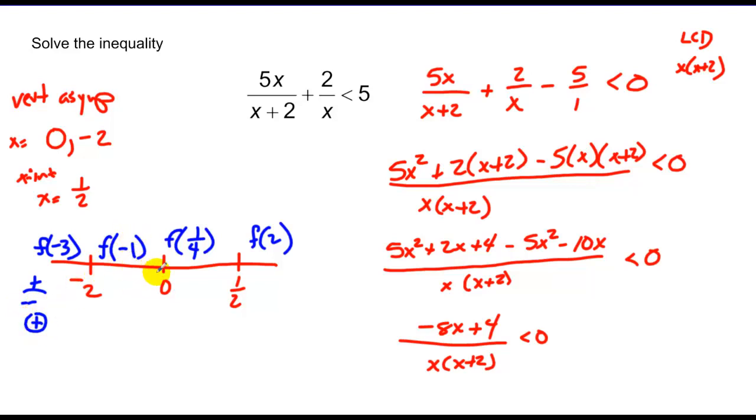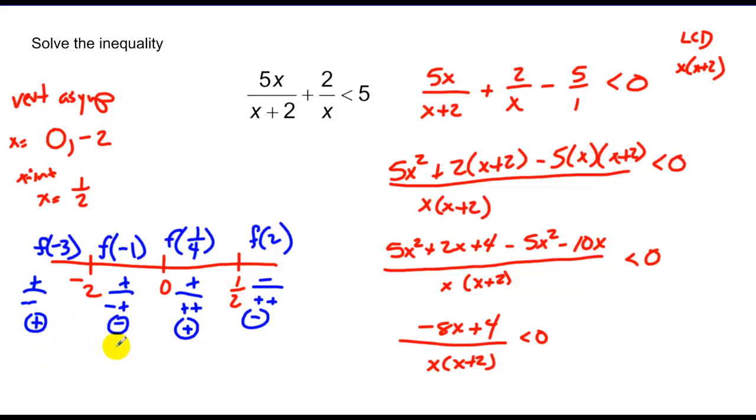Plugging in a negative 1, I have a positive again over a negative and a positive, which is a negative. Plugging in a quarter, I have a positive over 2 positives, which is a positive. And plugging in 2, I have a negative over 2 positives, which is a negative,